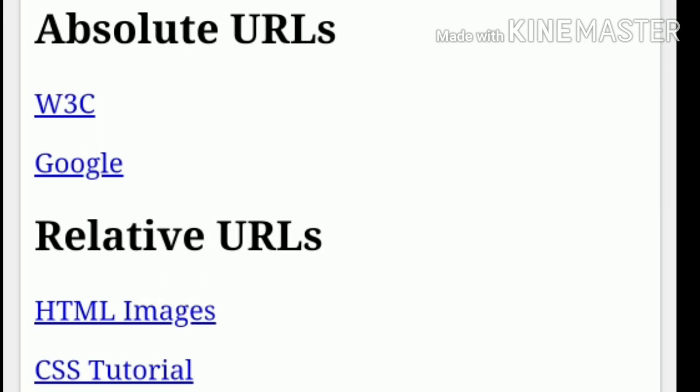After then you can go for another one, that is HTML links and use an image as a link. After then you can go for links and images. Links and image. Image as a link. To use an image as a link, just put the image tag inside the A tag.